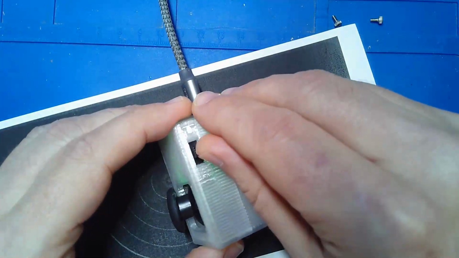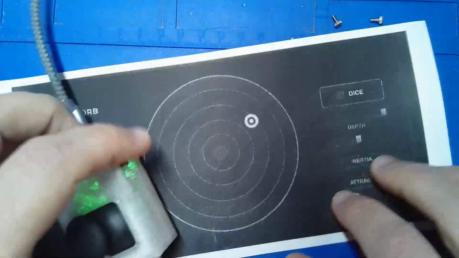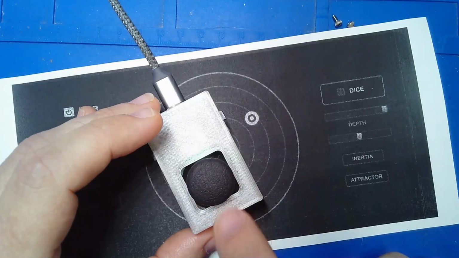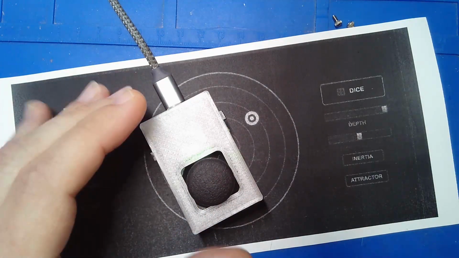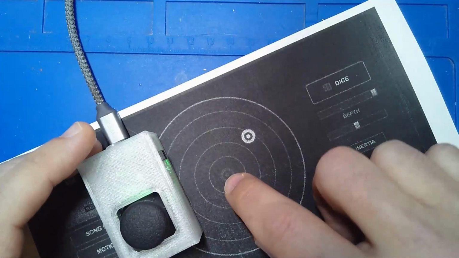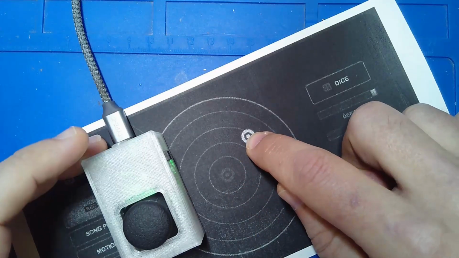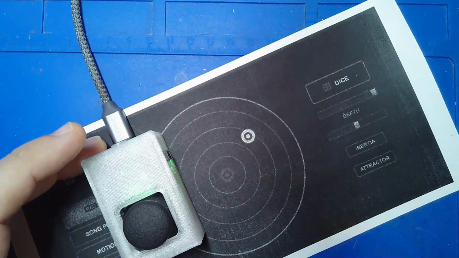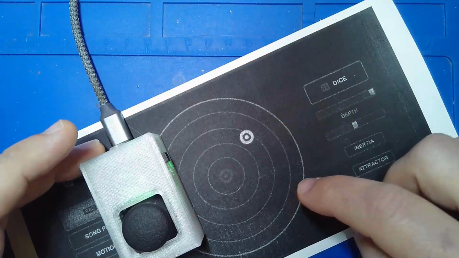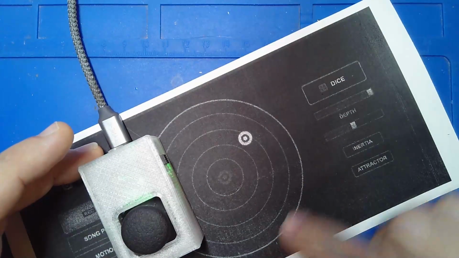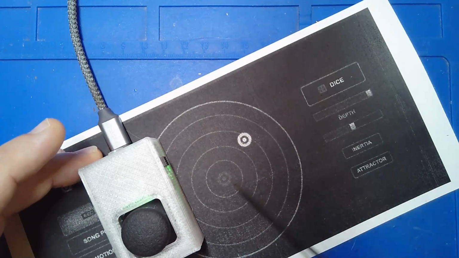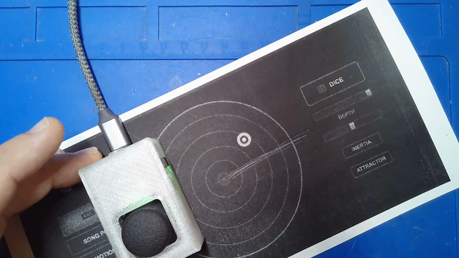Or you could switch it to polar mode. In polar mode, with polar coordinates, this joystick now sends through the one CC the radius, so the distance between the center and the point, and then the other CC sends the angle. So polar coordinates are radius and angle, so you have to know two things. One, how far from the center, and then from an arbitrary point, and most of the arbitrary points are at 3 o'clock,